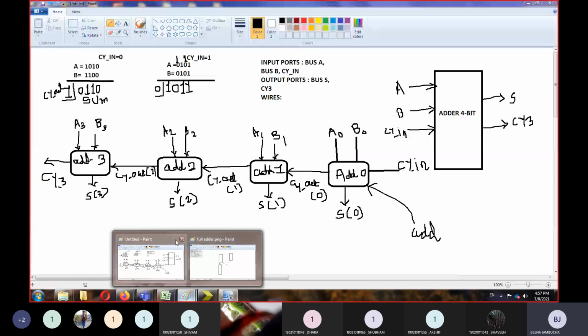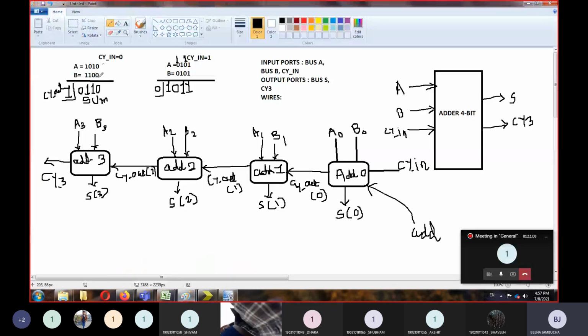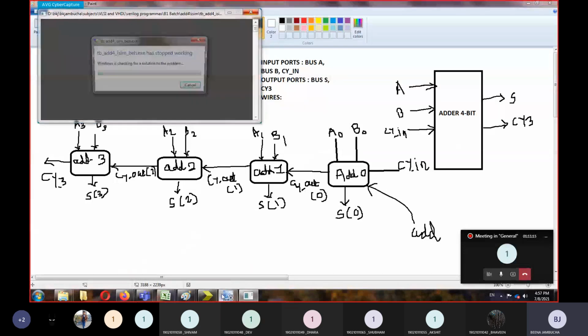Here we have taken the example of 1010 and 1100, and the other was 0101.